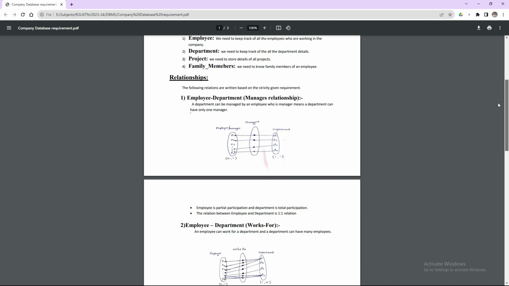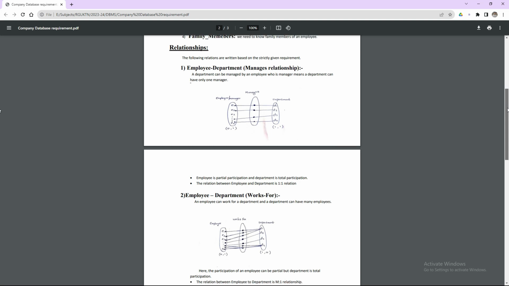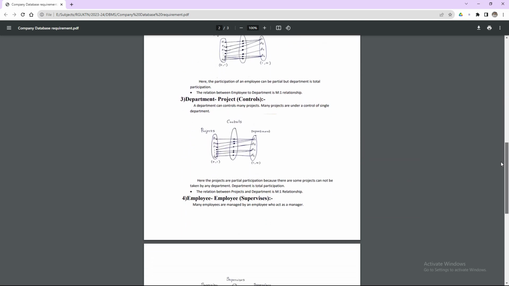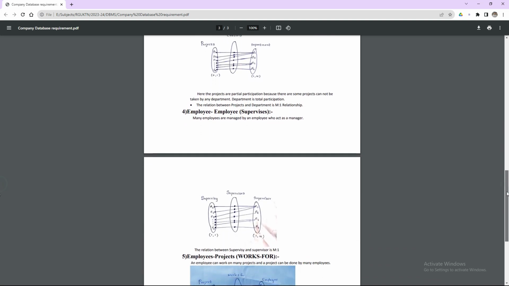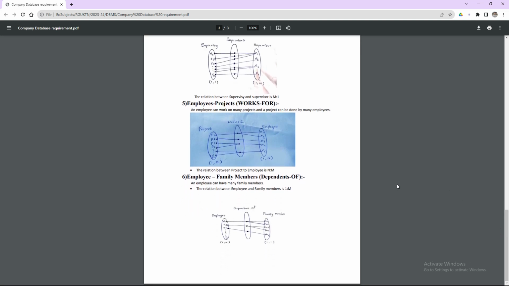And if you would like to define the relationships, the same thing you are going to draw: employee department works for relationship, department project relationship, employee project relationship, and employee family members relationship, right?